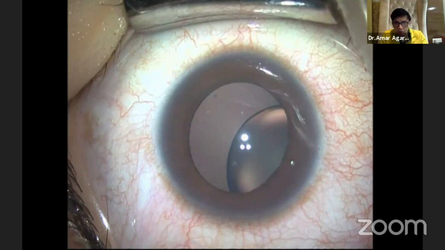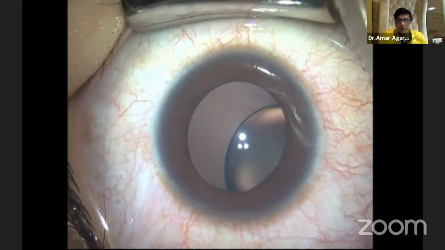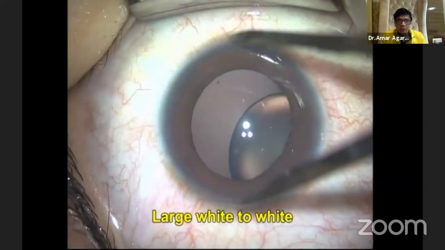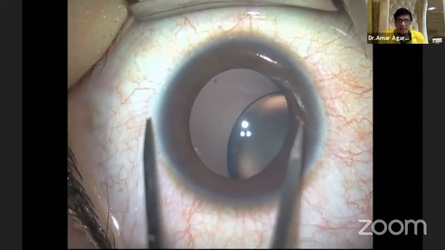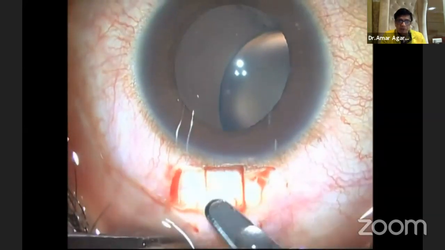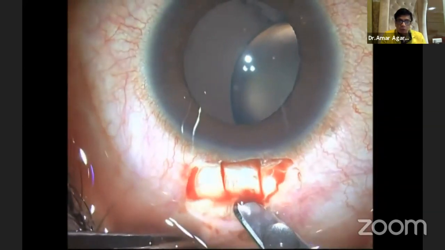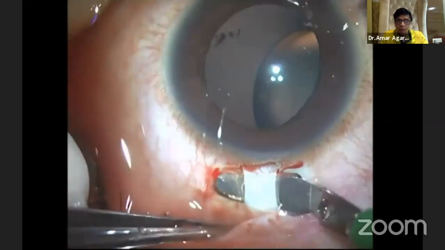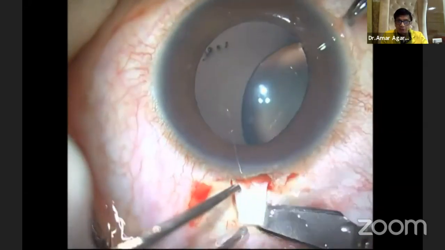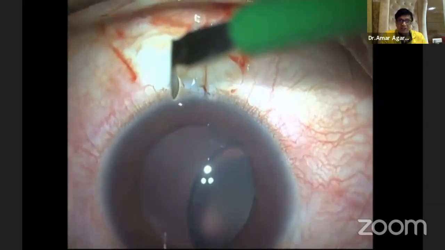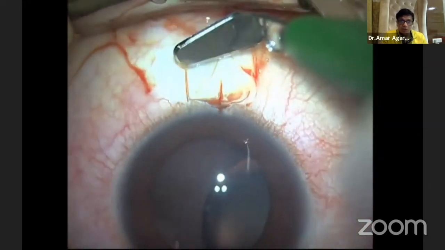So since Jagat showed another type of management, I thought I'll take the same type, a bad subluxated coloboma type of lens. Look at the problem in these cases. There is generally a large white to white in these cases, like Marfan's, etc. What we do is we go vertical. That means we make the flaps at 12 o'clock and 6 o'clock, because we see which is the shortest distance available. Generally, it could be vertical.